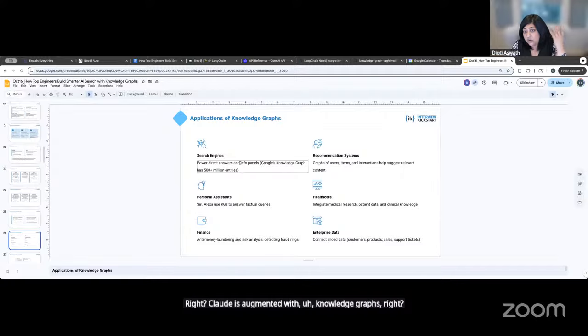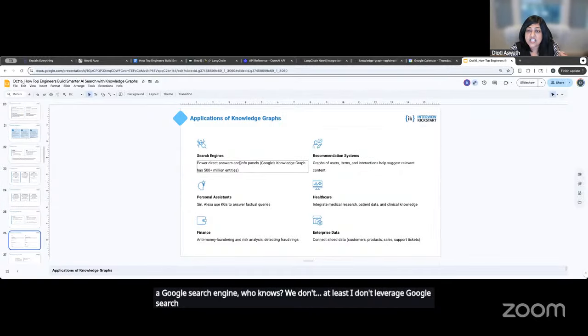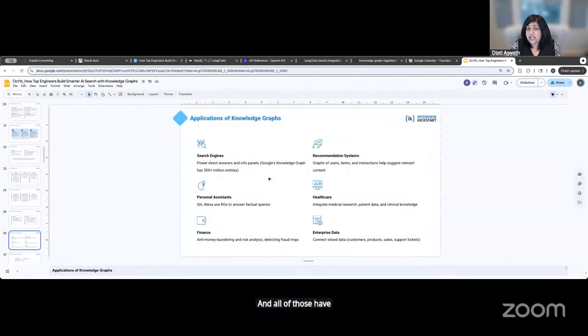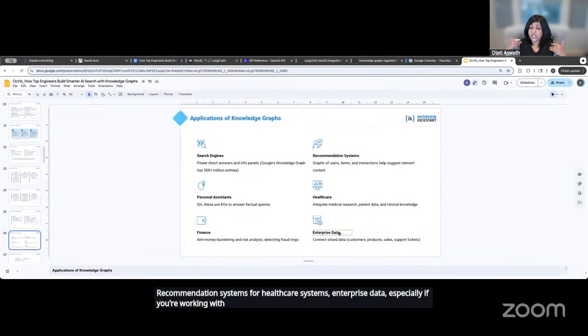Google search engine, who knows? We don't, at least I don't leverage Google search anymore unless it's the AI mode, right? And all of those have knowledge graphs for retrieval in some mode of fashion. Recommendation systems, healthcare systems, enterprise data, especially if you're working with a customer support chatbot